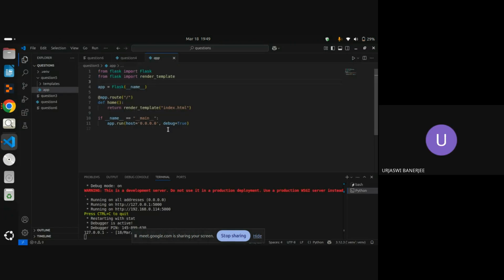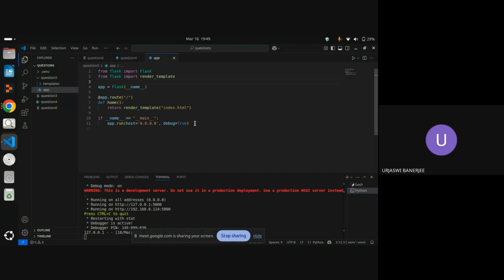Actually, Flask has a strict policy on what the names of all folders and everything should be. The program should remain the same, but see line 8. You are saying return render_template, and your template folder name starts with a big T. How can Flask recognize the templates folder if you're passing it like that?